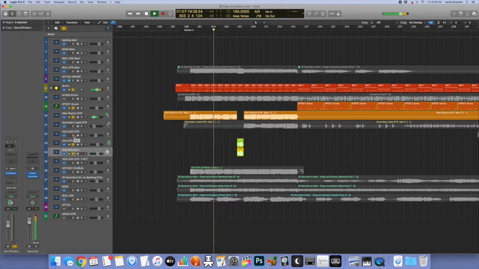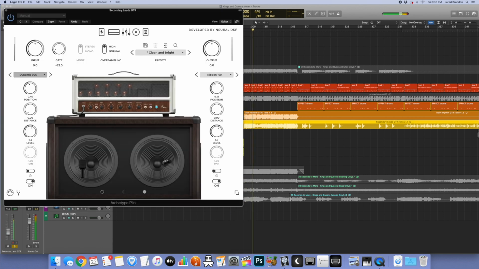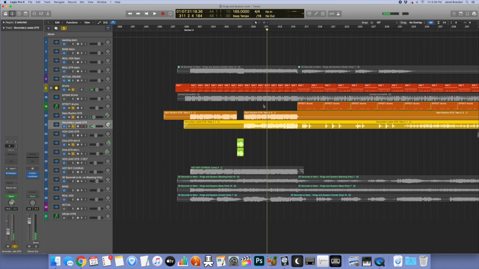So let's listen to some of this. I'll bring in that secondary lead. So secondary lead, oh, this is missing some stuff, by the way. We're missing bass and we're missing some backing vocals and things like that I used the original stems for. So bear with me on how thin this sounds. But on this secondary lead tone,